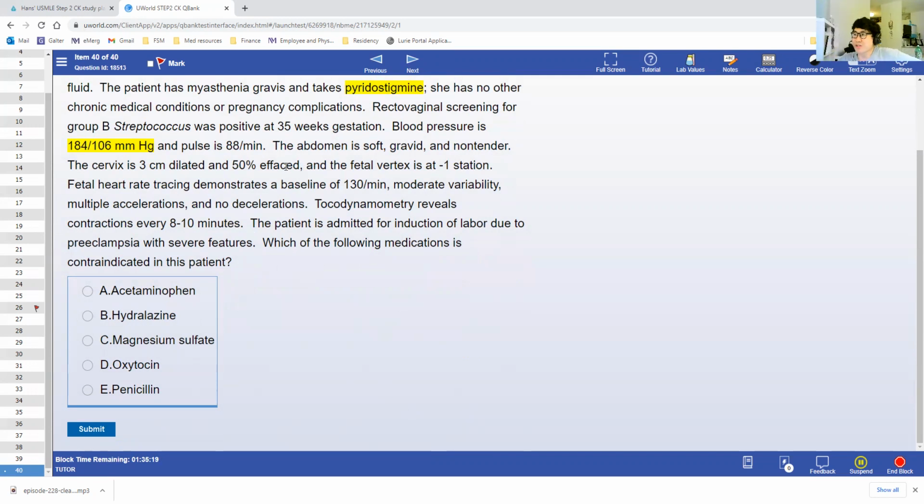Let's see. Would NSAIDs be contraindicated? No, I don't think NSAIDs would be. Pregnant people take NSAIDs all the, sorry, acetaminophen. NSAIDs would be contraindicated because of that whole prostaglandin thing and how it can affect the baby's kidneys, but acetaminophen is fine. Hydralazine, you could give it. It's not contraindicated. It's not a great medication, but you can definitely give it in hypertensive patients. Hypertensive moms love nifedipine, hydralazine, metoprolol, labetalol, and nifedipine are safe. Magnesium sulfate, no, you could definitely give this. Oxytocin,